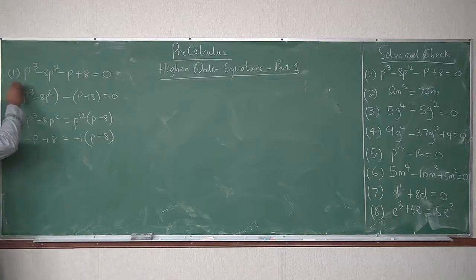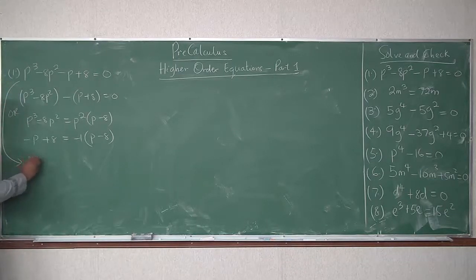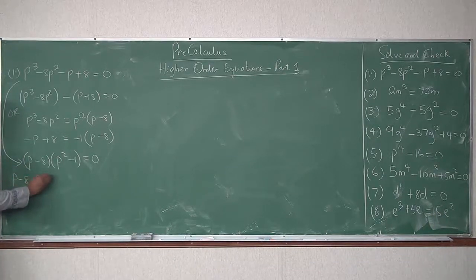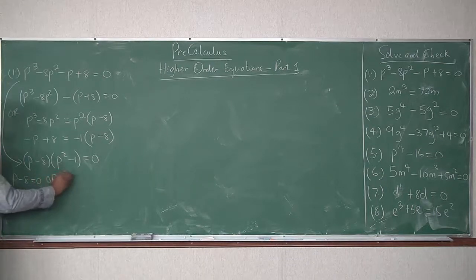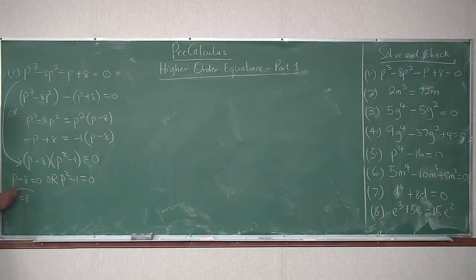So what you have now from here is you have a p minus 8 times p squared minus 1 equal to 0. So now you use zero product property. Okay, please view the videos we did on quadratic equations. You now use zero product property. So this is p minus 8 equal to 0, or p squared minus 1 equal to 0. So this is p equal to 8, or